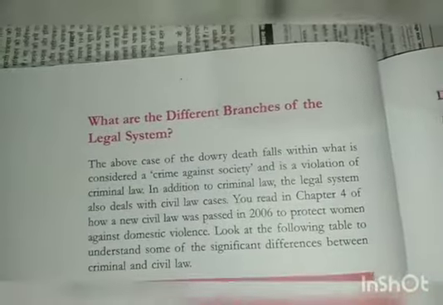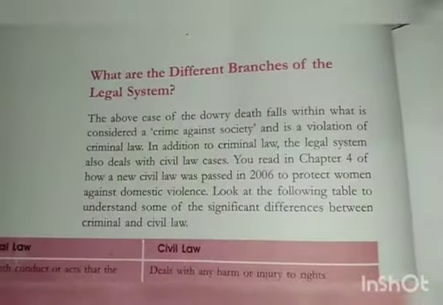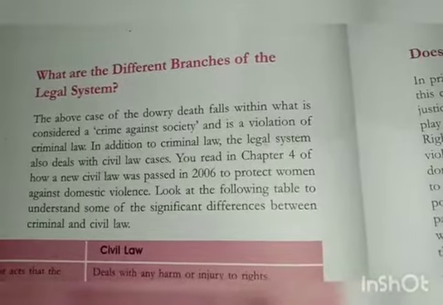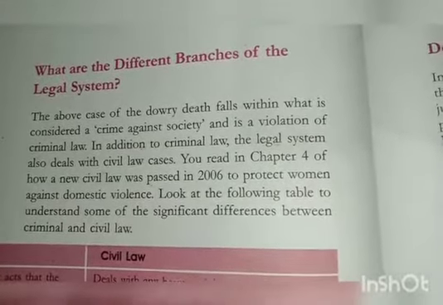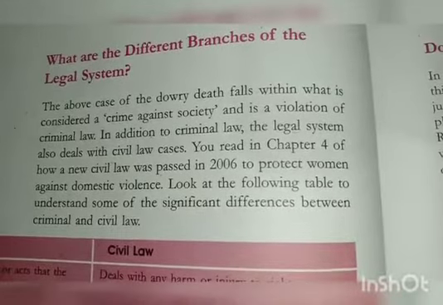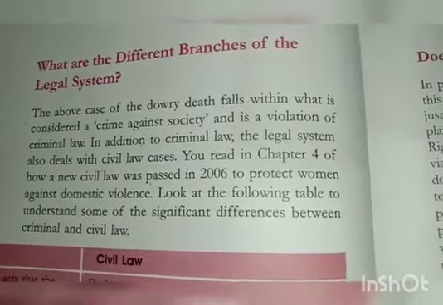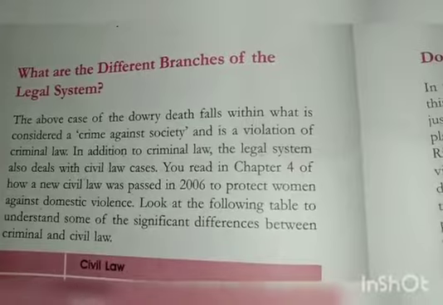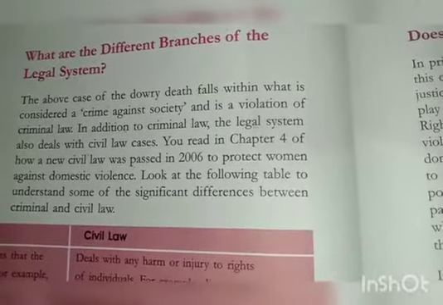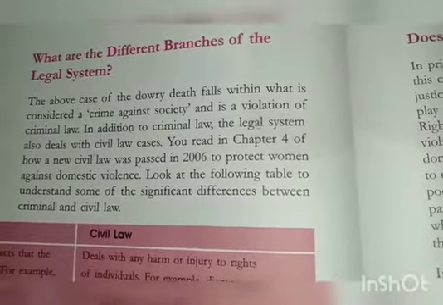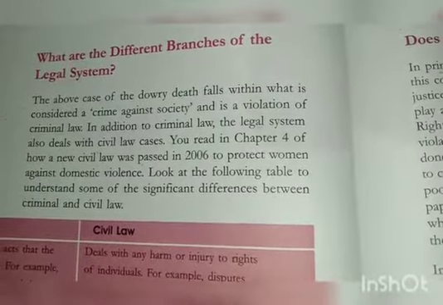What are the different branches of the legal system? The above case of the dowry death falls within what is considered a crime against society. It was a case, you can say, a crime against society and is a violation of criminal law. In addition to criminal law, the legal system also deals with civil law cases,